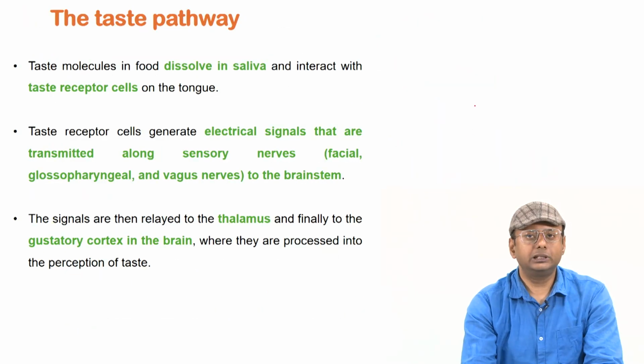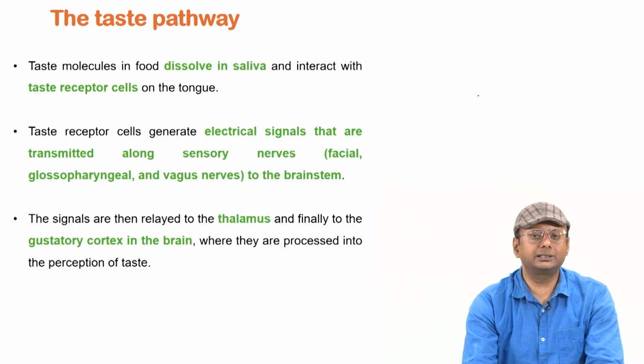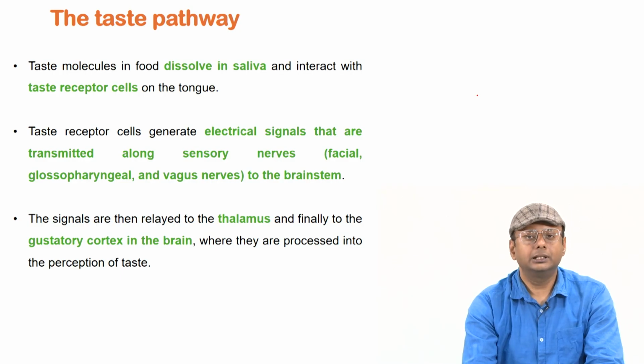Okay. So the taste molecules in the food initially get dissolved in the saliva, and after that they interact with the taste receptor cells, which generate electrical signals. As we discussed, these electrical signals get transmitted through different sensory nerves, for example the facial, glossopharyngeal and vagus nerves of the brain stem, and then those signals are relayed to the thalamus, right. Finally, those signals reach the gustatory cortex of the brain,